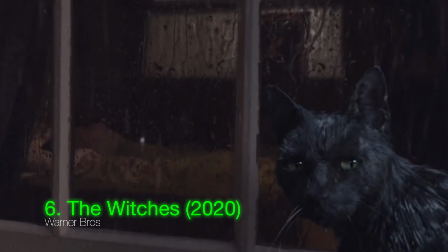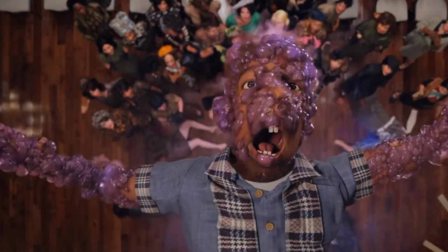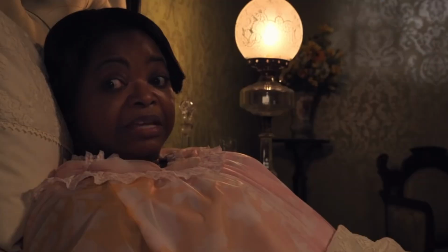Now we have at number 6, The Witches. This is a reimagining of Roald Dahl's story. It may come as a surprise, but witches are real, as told to a young orphan boy, Bruno, and his grandmother, who is a healer, who encounter a coven of